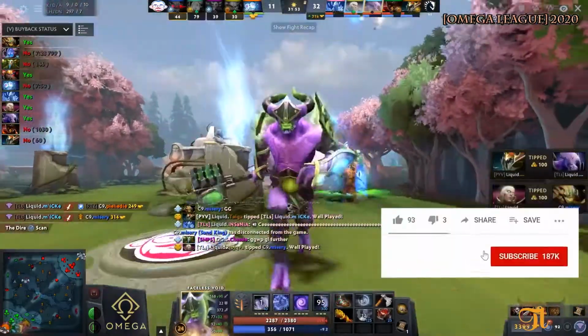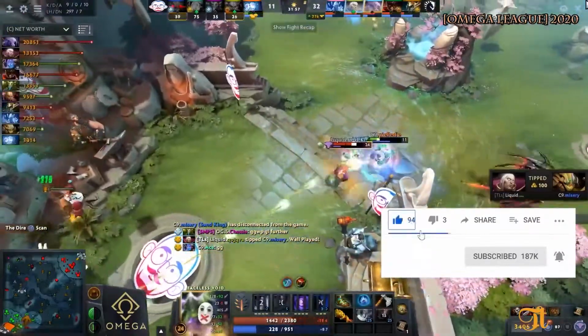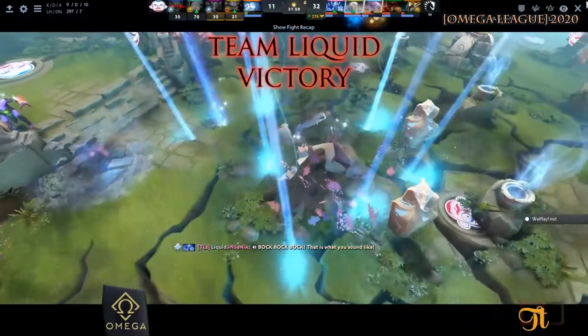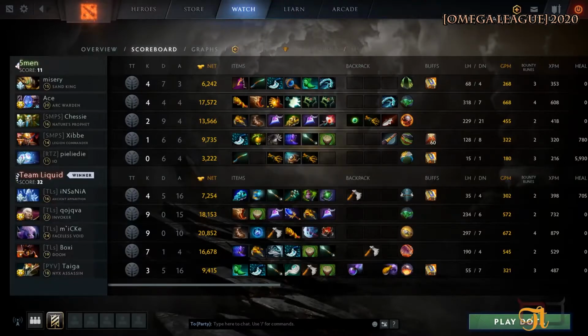I mean, this decision-making in the end where they buy back on Ace, he instantly dies. Dude, Mickey, what a beast. Woo! Mickey had an amazing game. You know, that 4-man chrono when they try to go on him,